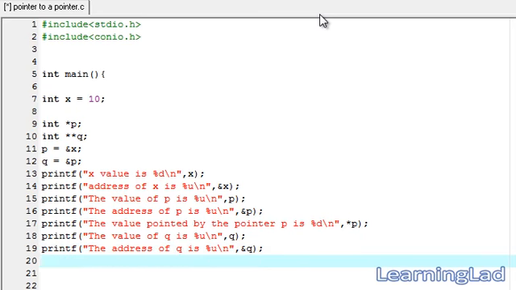And next we're going to use our last printf statement in this tutorial. It's going to be printf, and we're going to say the value of x by using pointer to a pointer, that is q, is %d, and we're going to write star star q, which means give me the value which is